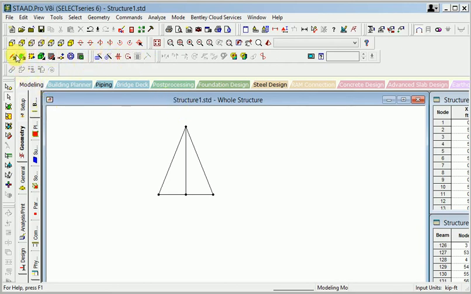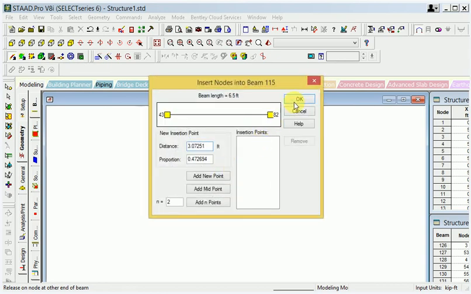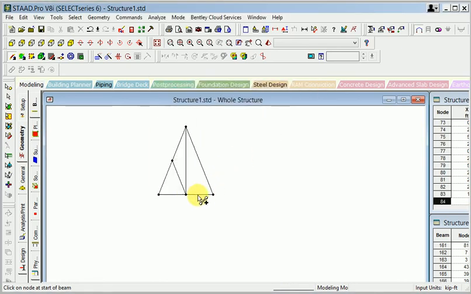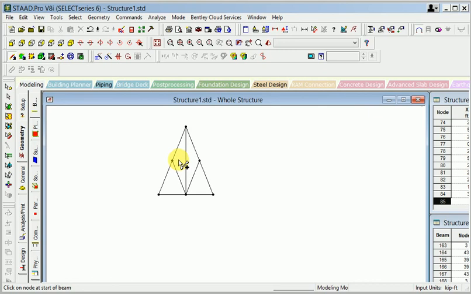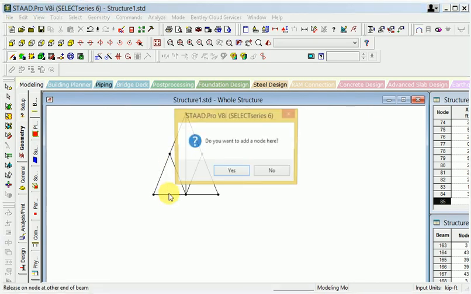So let's use add beam. The beam has been joined to the right here. You can ask for midpoint and add new point. So midpoint I have got here. Again I will show you ask in midpoint. So let's again midpoint. If you click this, again I will show you midpoint.